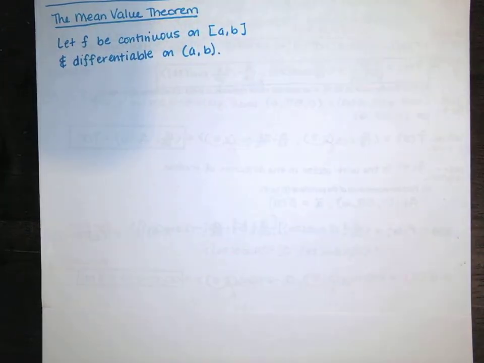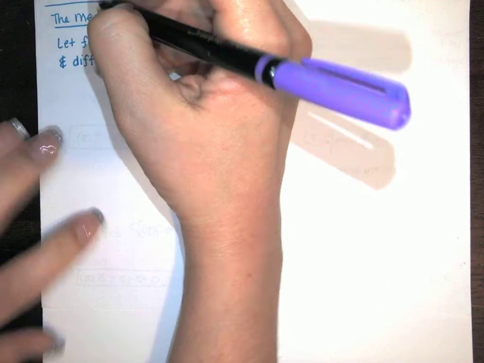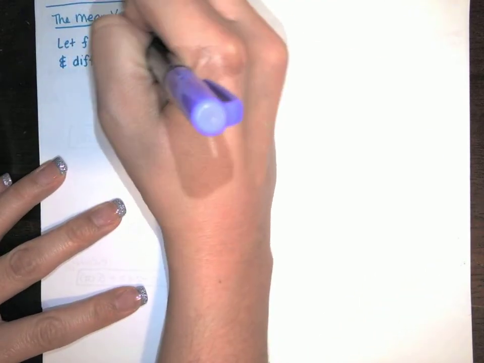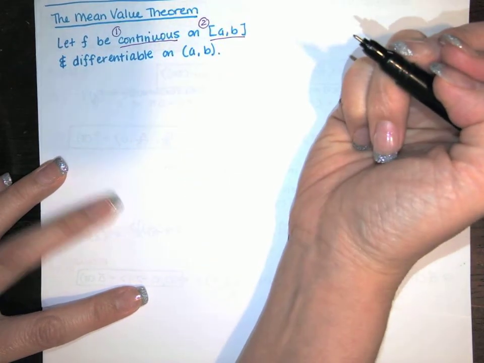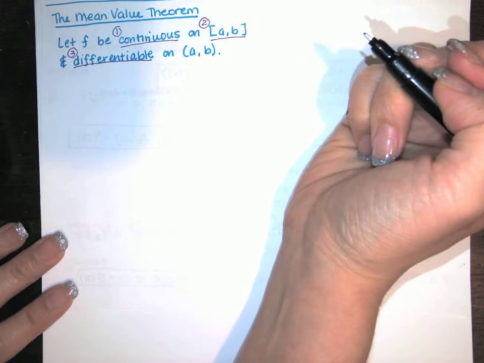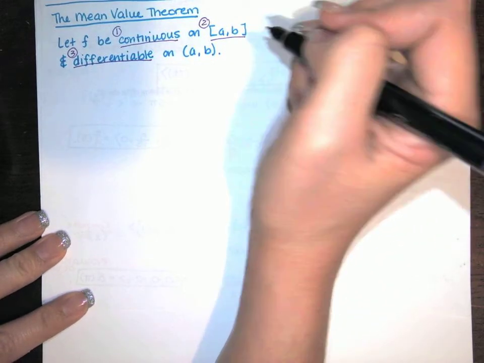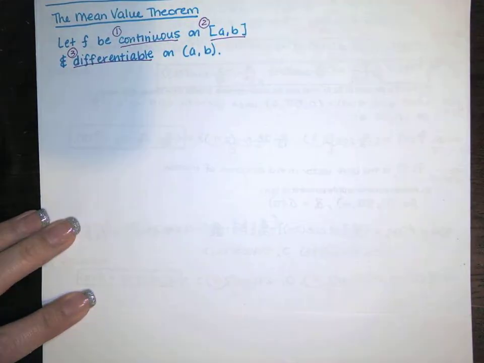So we have the same three conditions that we started Rolle's theorem with. The function has to be continuous. We have to be talking about this function on a closed interval from a to b. And third, the function has to be differentiable on an open interval from a to b. If all of those things are true,